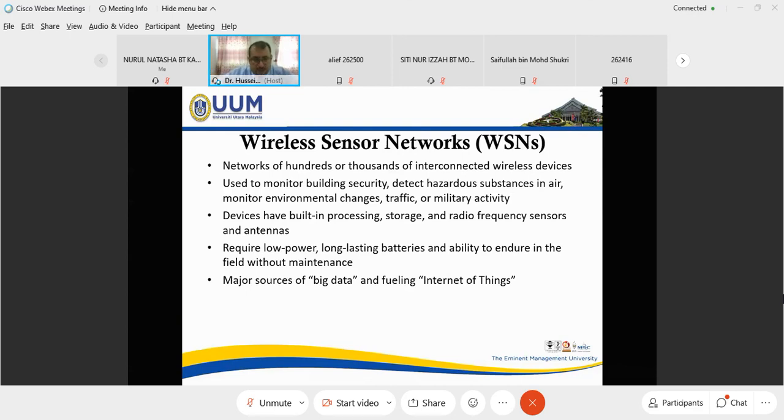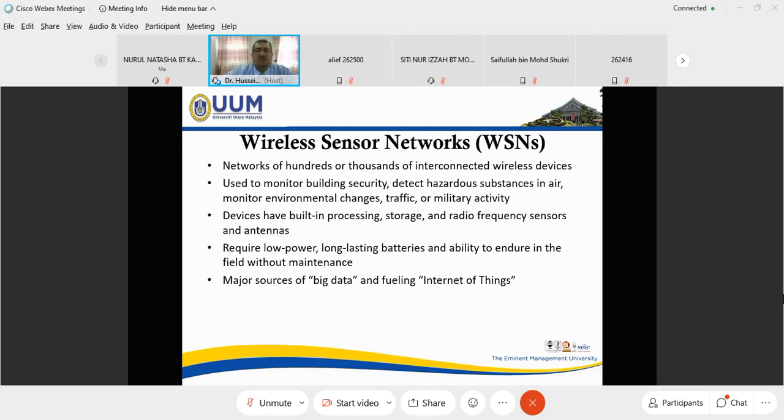At the same time, you can calculate the amount of rain, the huge rain or small rain, because you are going to expect what is next. If you have heavy rain in some area over long days, above average, the flood will come. You have to expect. You have to use that technology to expect what is happening. Also, the device has built-in processing.